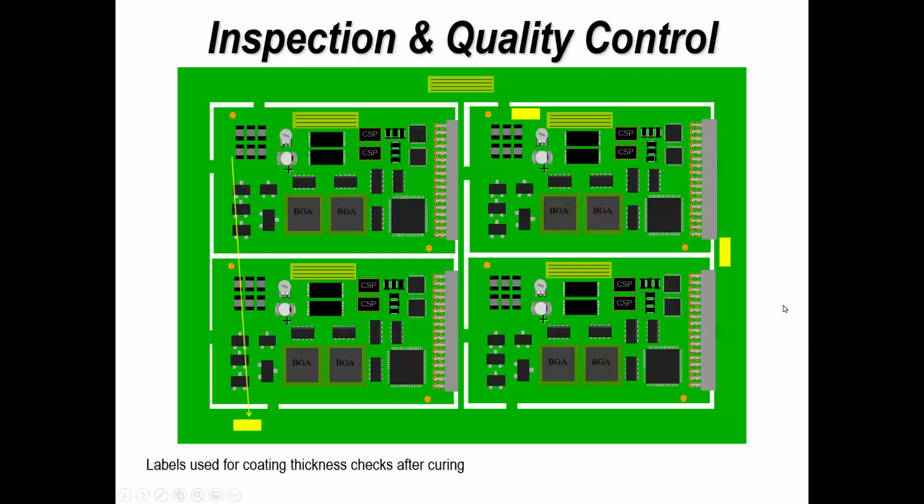Now, another technique you might consider, I know I have been reprimanded, I've been told off for suggesting this, but it works. And again, this is quite a simple and crude method, but I've used it and it works. It only gives you an average number on the surface of the printed circuit board, but that's better than no quality control at all. So basically, what I do is put a marker, a sticky label, if you like, a round sticky label, a square sticky label, perhaps on the scrap areas of the board, or actually on the board itself, put it through the coating process and curing process,